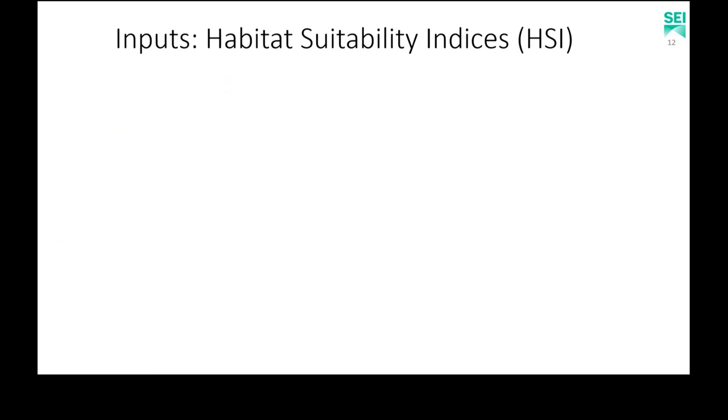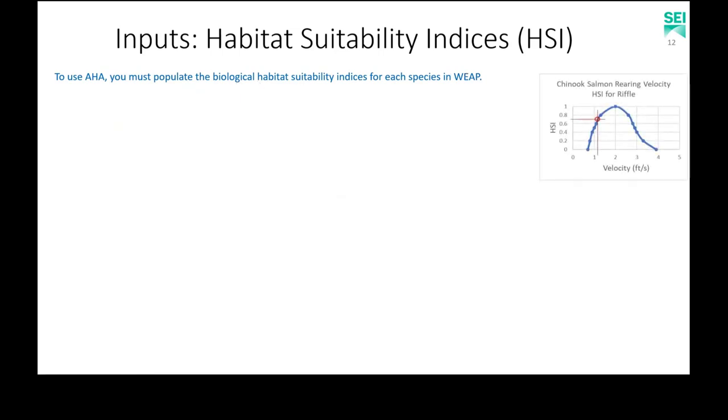And next is the inputs you need for what's called the habitat suitability indices, which is basically the biological data that you need. And it looks something like this. We call them here habitat suitability indices, or HSIs. I think I've heard the term biological suitability curves as well. And what it is